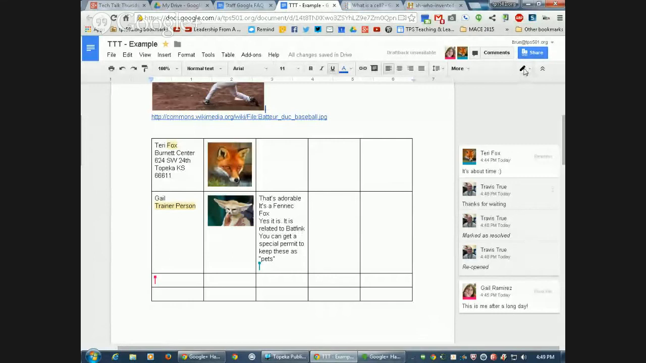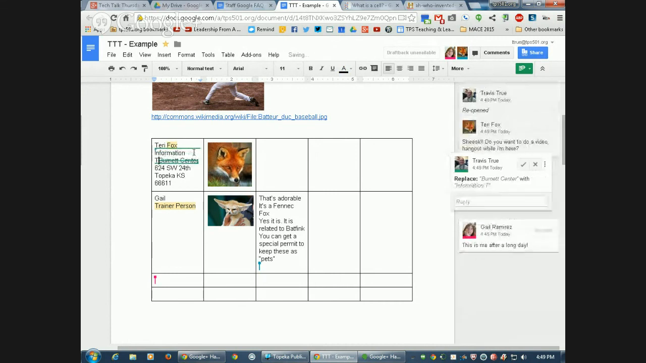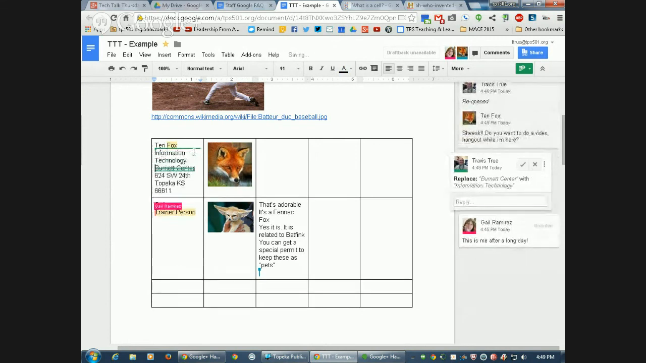Along with comments, when you see this pencil here underneath the share button, this is you're in editing mode. Another mode you can get into is the suggested editing. So when I click on that, I can come over here and I can say, all right, instead of the Burnett Center, it needs to be changed to Information Technology. Okay. Now,